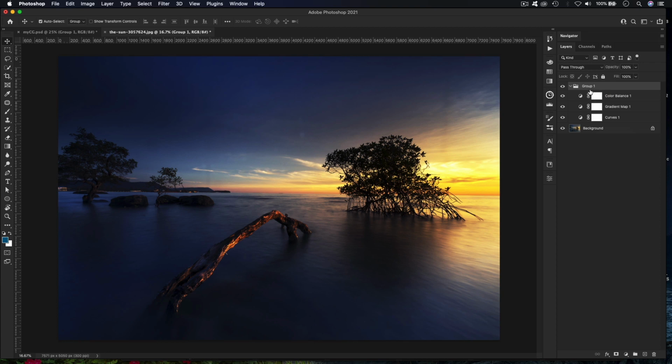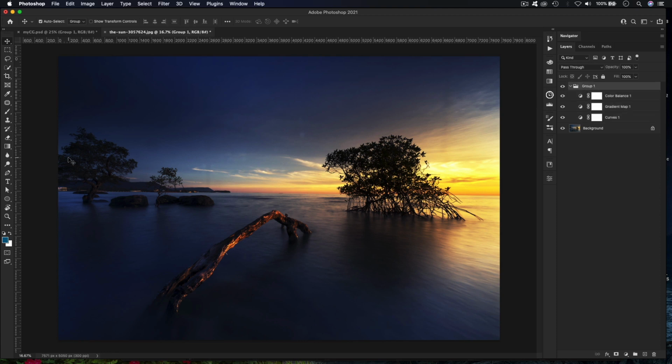You can rename it, or if you don't want, you don't have to. I will make sure that I don't select this background layer. It's very important because what I want to save is those adjustments and not this image. So what we will do, I can either select those 3 files, or I can simply select my group,